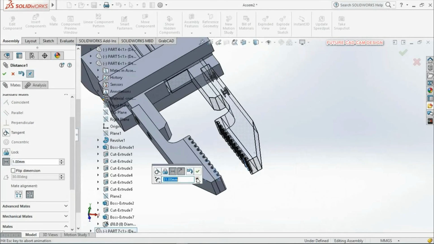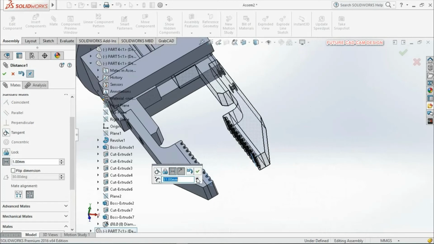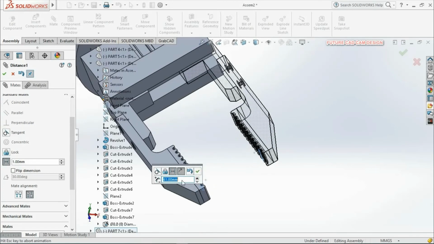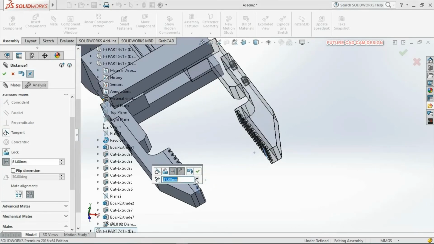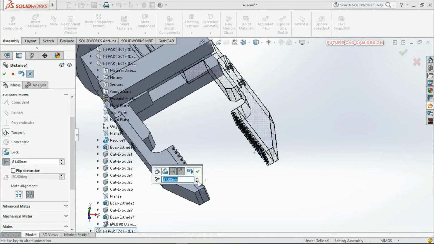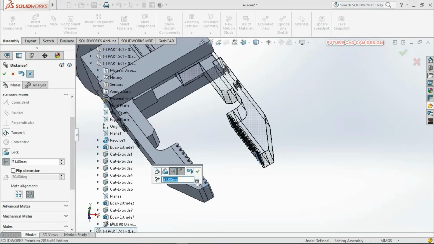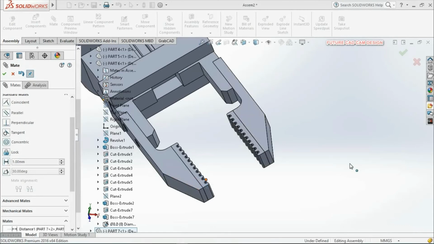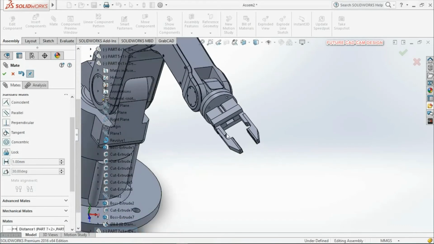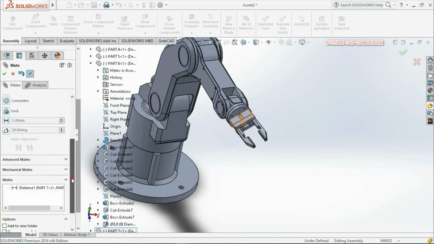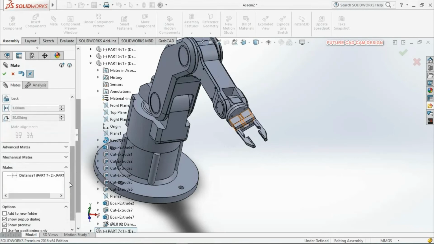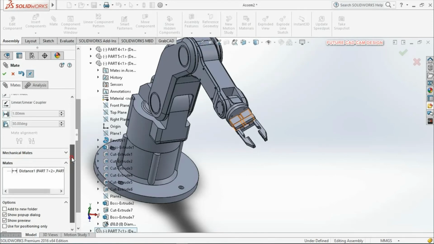So when I increase the distance, the distance between the grippers will increase. So I will keep 61. Here we need to give two types of dimensions. You can see here advanced mates.